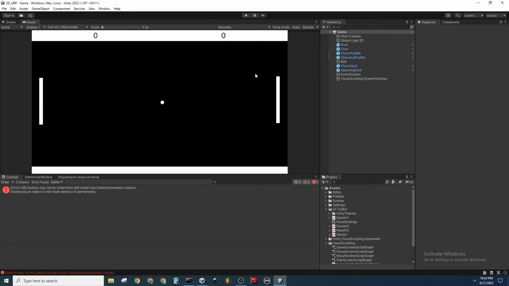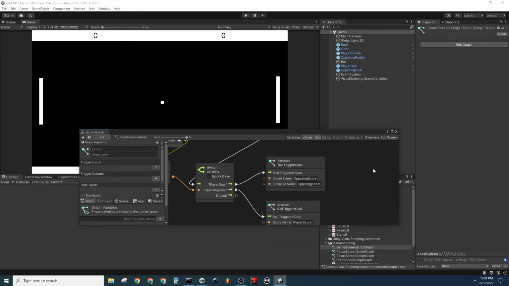That was a really weird physics artifact. It bounced off like the corner and it didn't know exactly how to mirror, so that was kind of interesting to see that happen. So now let's open the graph back up. The next thing we need to do